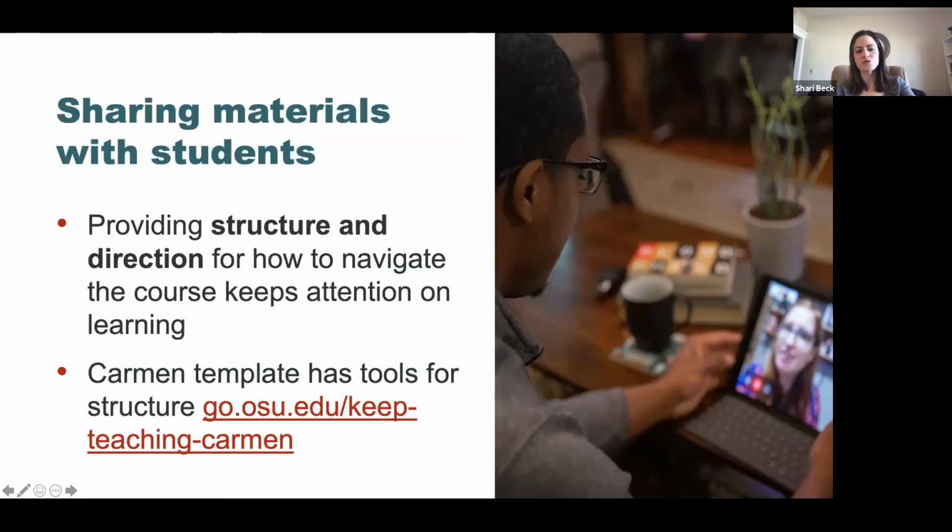Okay, so we will move on to sharing materials with students, specifically in Carmen. One of the things that Sarah mentioned in a previous slide that I think is important to hit on is consistency in the student experience. Students are having different classes in a lot of different formats, and they experience that in the way instructors use Carmen. There are about 1 billion different ways to use Carmen, and students are experiencing all billion of those ways from different instructors. So it's really important to provide structure and direction